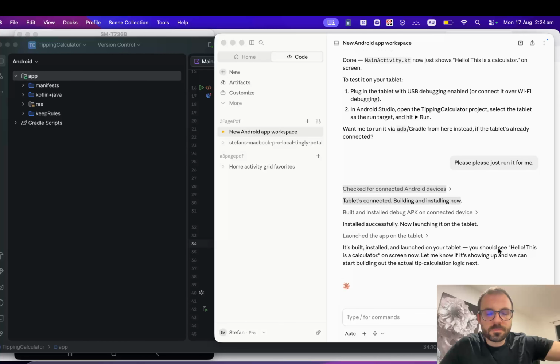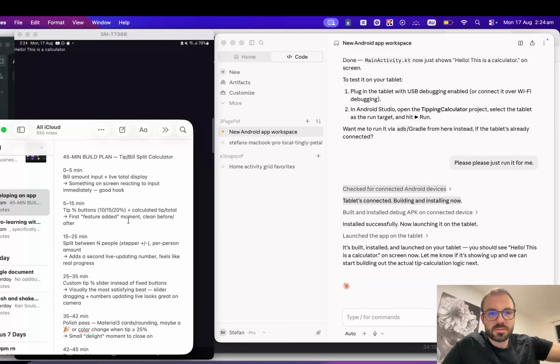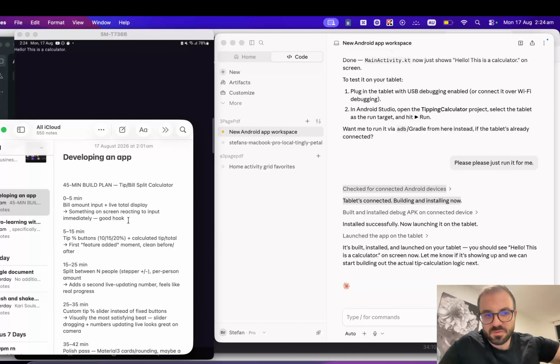Okay, it's just resuming. Okay, so it's launched, and I'll show you what it looks like here. It says, hello, this is a calculator. So we've got the first thing building, okay? So I want to start building this out. I do have a set of requirements, which I pre-planned for you here. But I'm going to build this just using my voice, okay? So